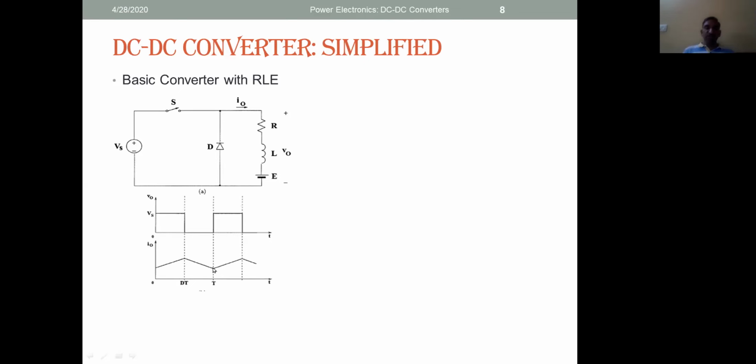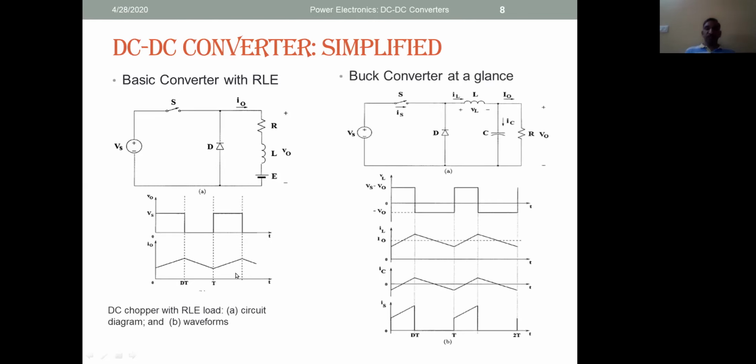Again the switch is on, then again the inductor starts storing energy, the load is getting fed from the supply, and current is rising. If this switch is not turned on for a longer duration, then this may reach 0, which leads to discontinuous mode operation. The shown circuit is in continuous mode. These are the waveforms for inductor current, load current, and say this is load voltage Vs minus V0, load current IL or inductor current,